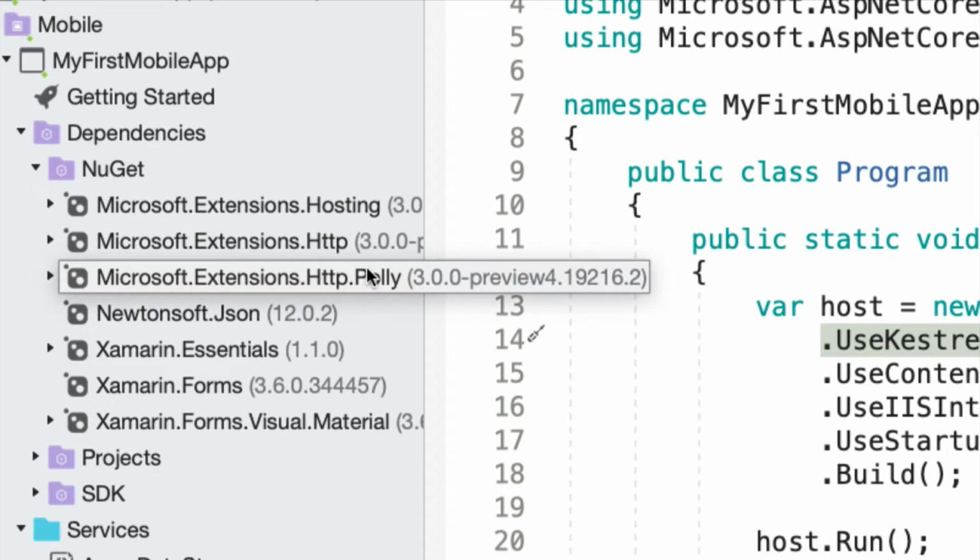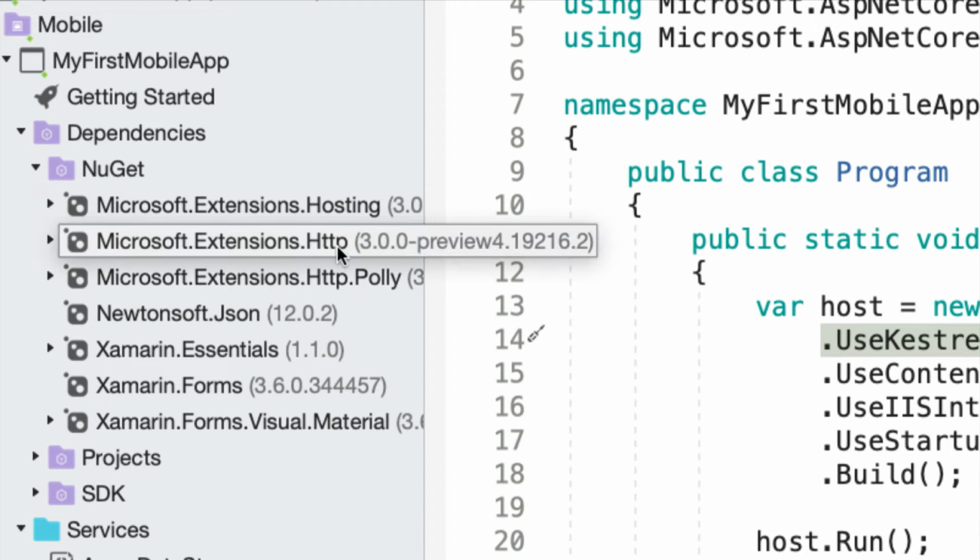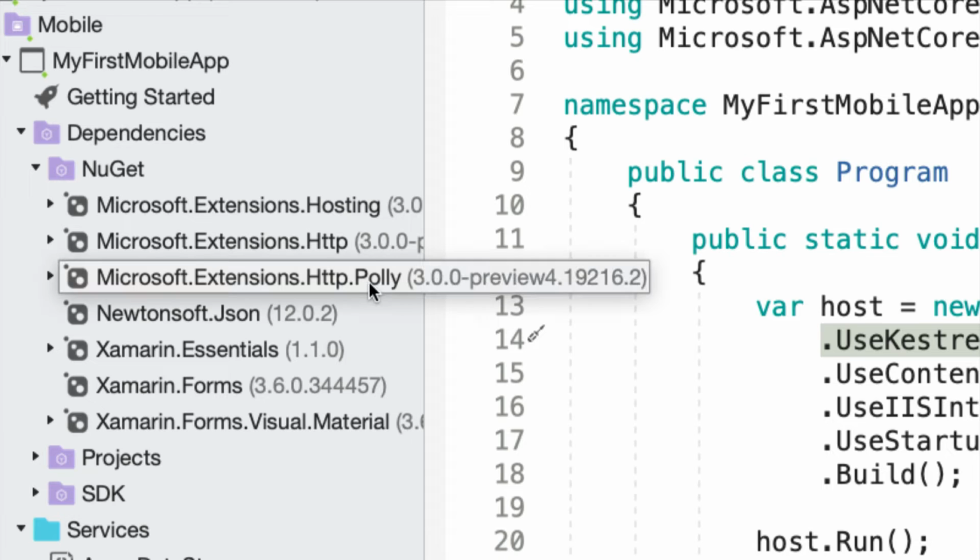Right. So now what you've gotten in here is Microsoft Extensions HTTP, which is where you get HTTP Client Factory from. And what is this thing? Microsoft Extensions HTTP Polly. Some of you might be familiar with the Polly library. It's this open source .NET library that lets you do retries, circuit breakers, basically a lot of connection resiliency type features. So here's the thing about your mobile app. What if temporarily you can't connect to your backend API? Impossible. T-Mobile would never give me issues ever, especially in a conference center with thousands of people. That's right. So if you're ever in that situation, like all the time on a mobile application, you probably want to occasionally retry that backend API because you've had some sort of connectivity glitch.